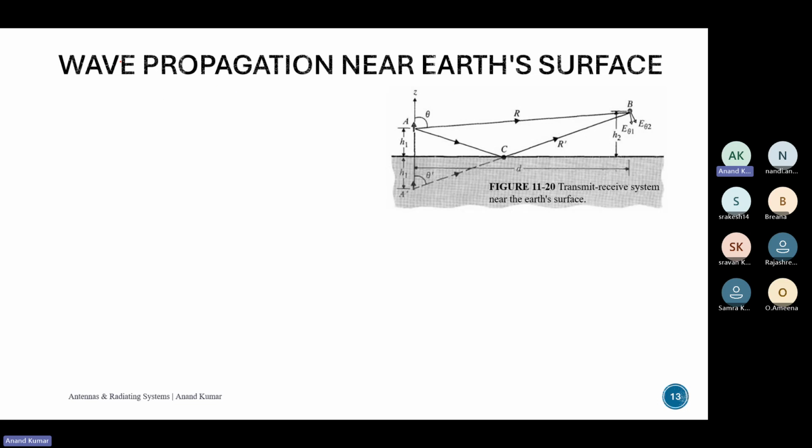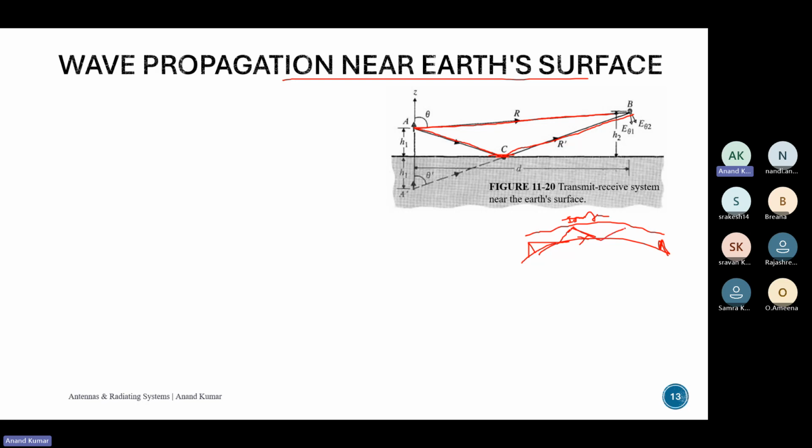We'll now quickly discuss wave propagation near the Earth's surface, because the Earth's surface reflects back the EM waves. When you transmit a signal, it can either travel in the line of sight, or it can use a path where it reflects back from the Earth's surface and communicates. It was observed that even if your transmitter does not have a line of sight view to your receiver, you can still communicate between the two devices by reflections from the Earth's surface and your atmosphere. You have your ionosphere over here,